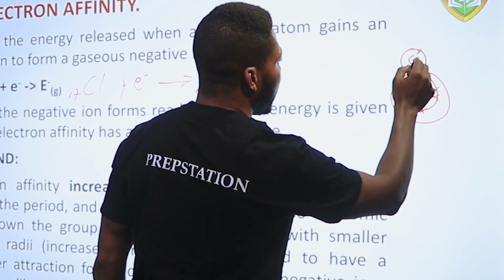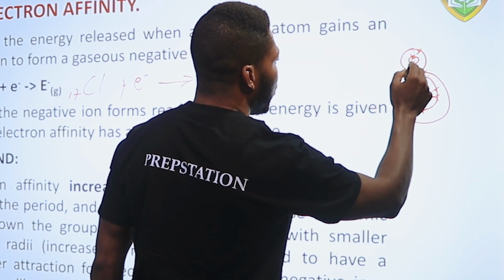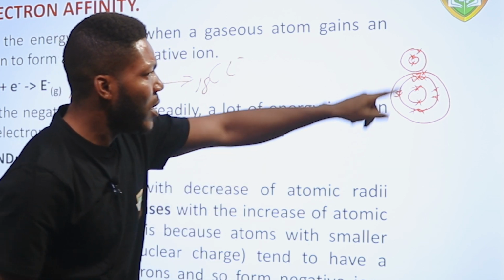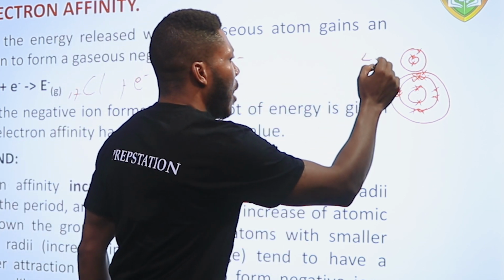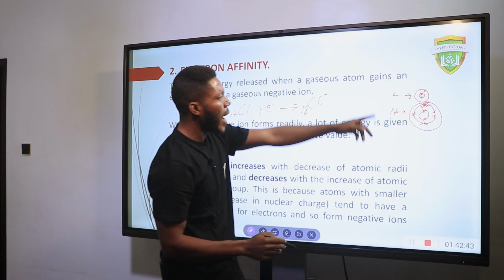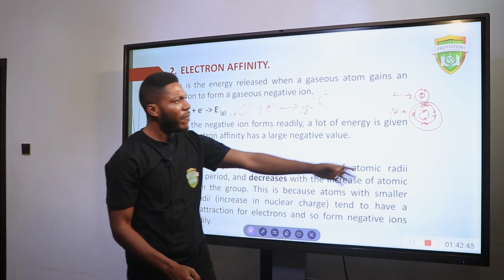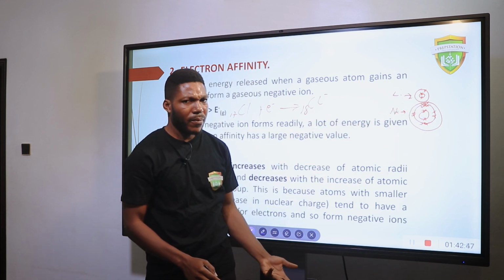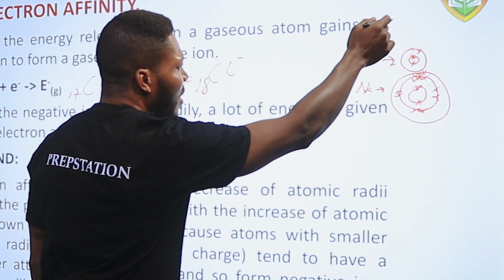Sorry, lithium has 2 shells. Now you can see this is lithium and this is sodium. Both of them are in group 1, but they have different numbers of shells. But if I go down the group,